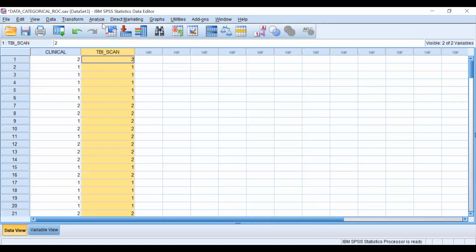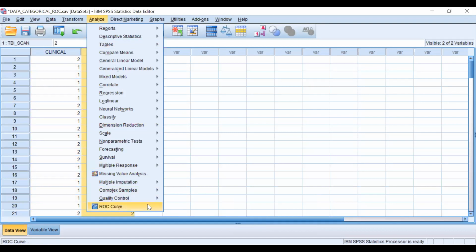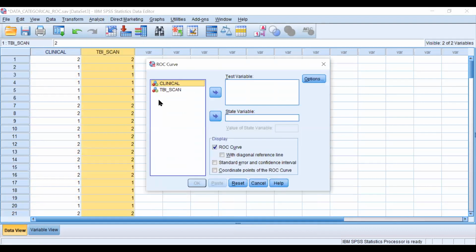And one more, if you want to do the ROC for the same data, click on ROC and take TBI, because TBI is considered to be the gold standard. Again, I'm not sure which is the outcome, let me try 2. Clinical is the test variable.